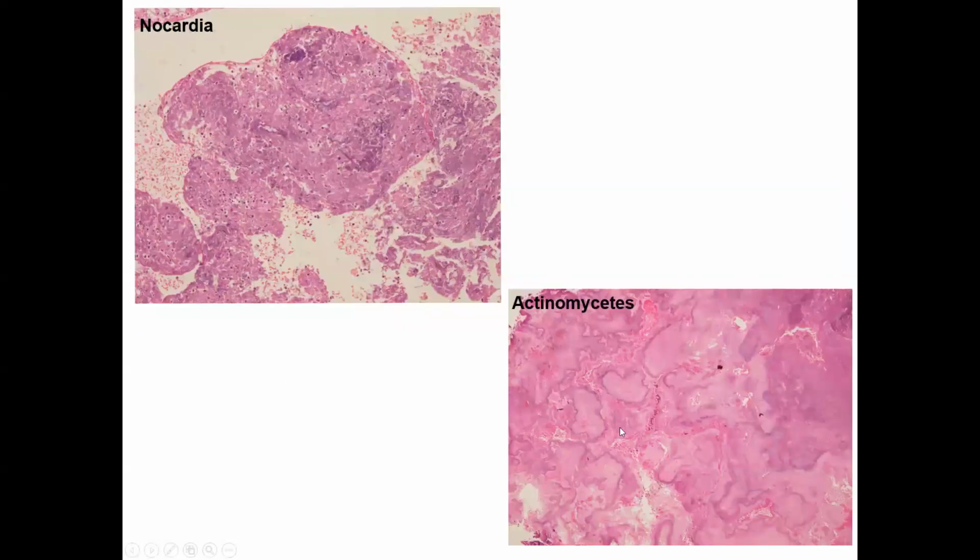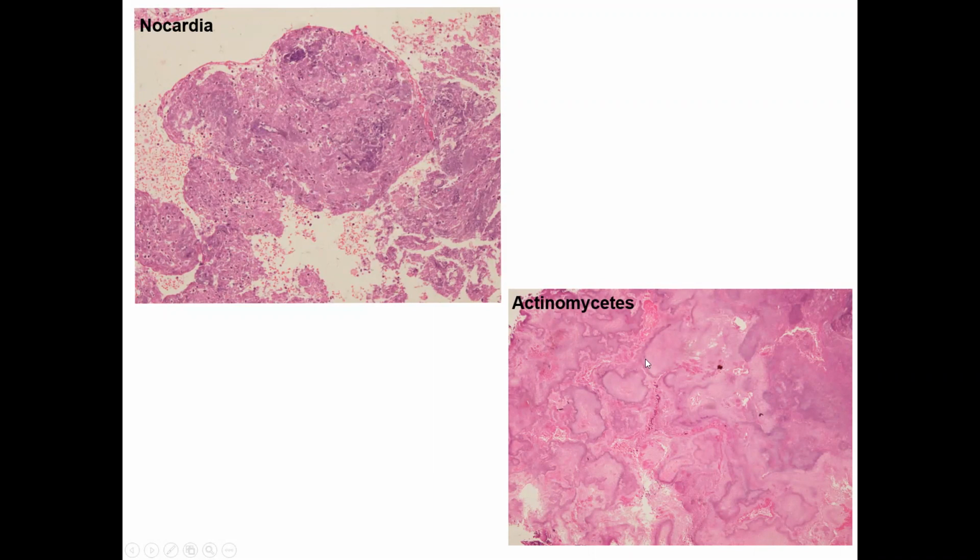Now, this is from a nocardia and this is from an actinomyces. As you could see here, there is abundant necrotic debris with scattered inflammatory cells, some polymorphs here and there. In addition to this necrotic debris, we see some scattered bacilli present within it. At times, you could also see some vague granulomatous inflammation, which is not definite for a granuloma, but yes, there could be some scattered epithelioid cells along with this inflammation.